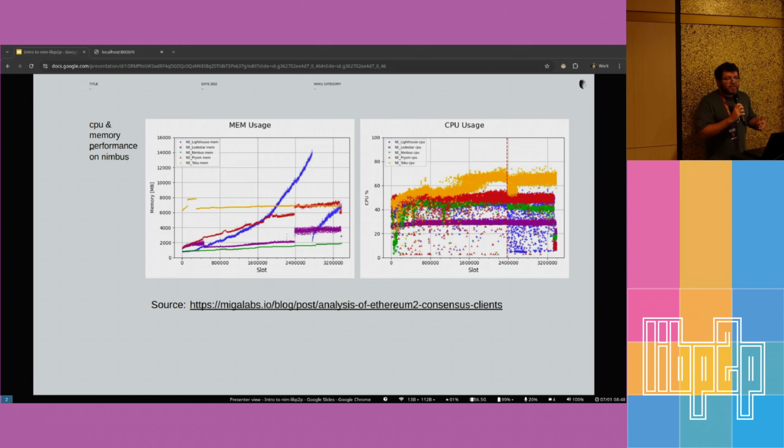But there is an additional data point that we can use to measure the performance of libp2p. And this is via the comparison of Ethereum 2 clients. So let's take a look at how it compares to other implementations. Nimbus here is